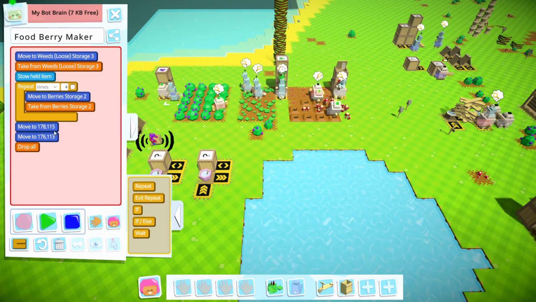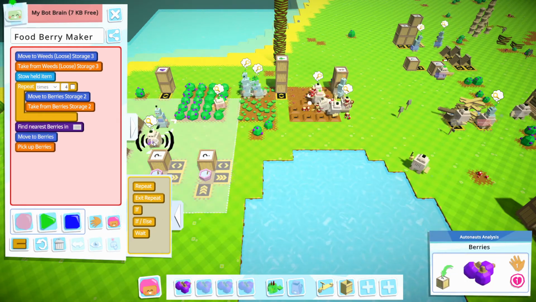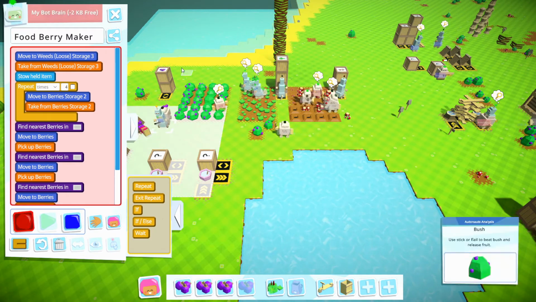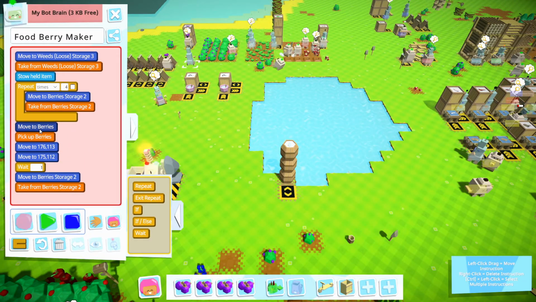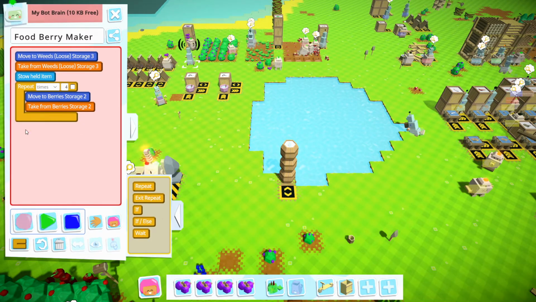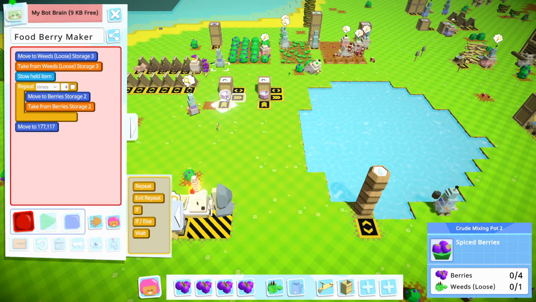No, not, no. Go ahead. No. Okay. Oh. Okay, we've got our berries. Let's clear this out. We did the wrong thing. Okay. Okay, so I have my 4 berries, so then I want to come over here,